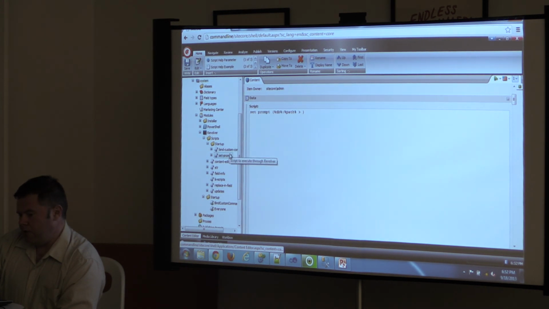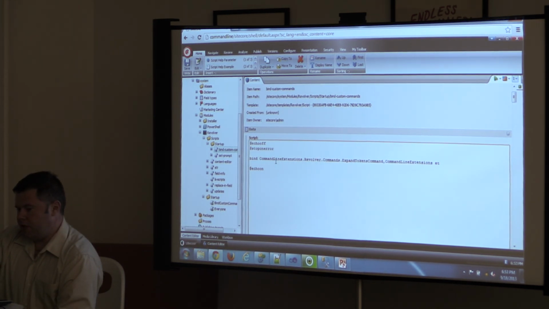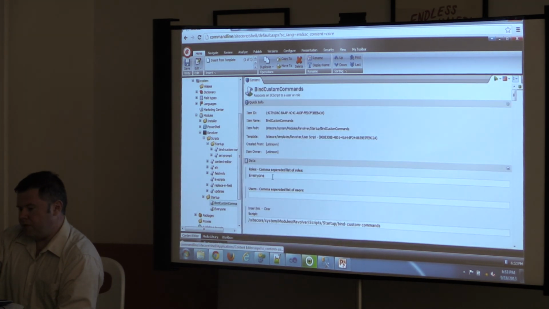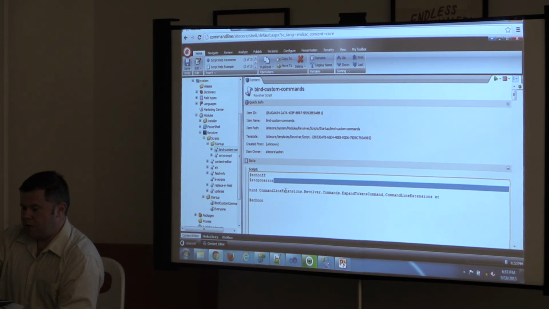So I wrote a custom script, and this is a good segue into the custom commands, Tim. I wrote a script called bind custom command, which binds a custom command that I built to show you guys. This gets executed every time I start up Revolver. And I added this here to bind the every one row. When that gets executed, you don't see the output, because I shut the output off. If you notice, I echo off and then I echo back on. It stops on error, so if something blows up, it just stops.